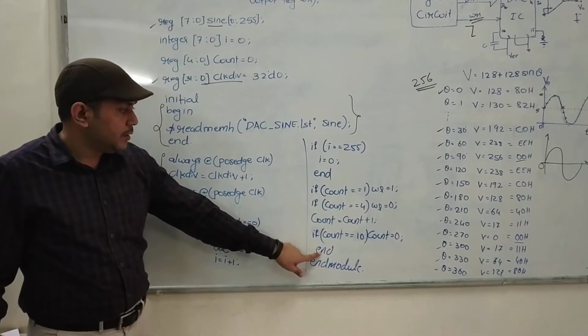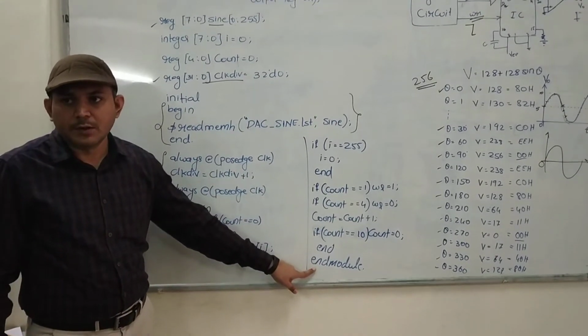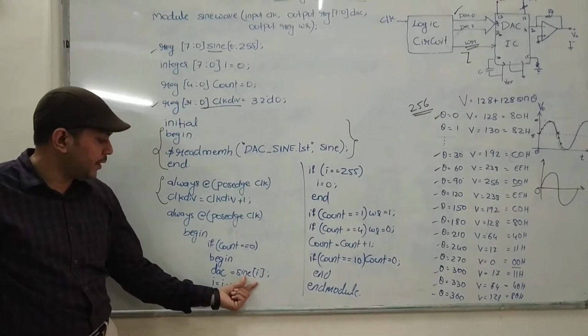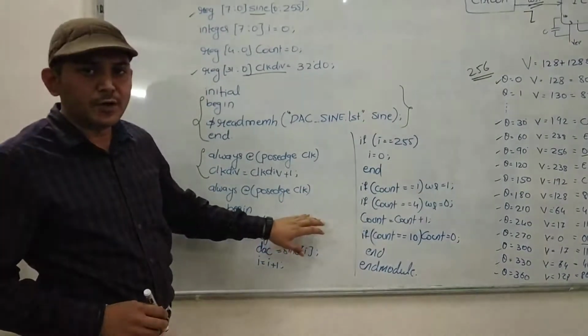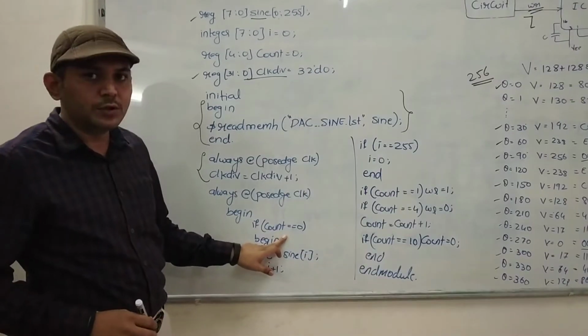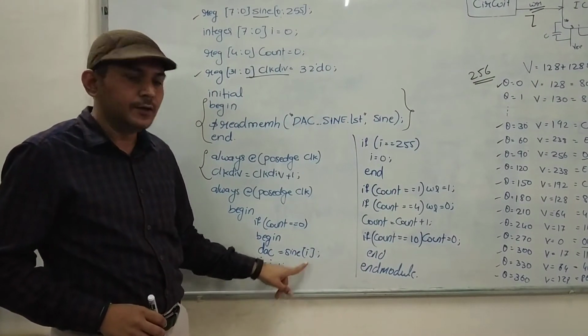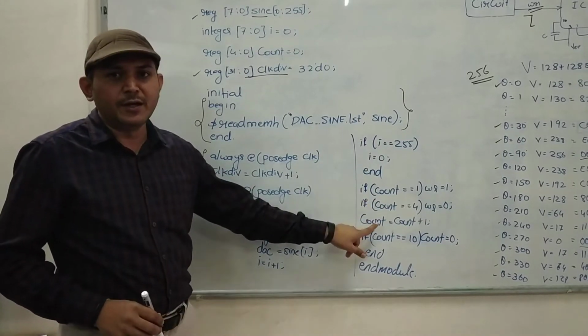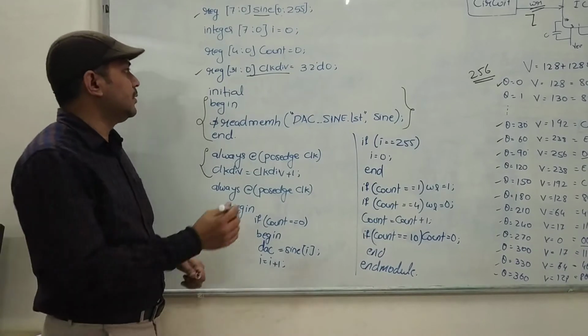End of the module here, end of the always block and end of the module. So like that. And where you are getting the sine values, sine of I values from this. Okay. So we have understood that for every 10 counts, we are sending one value: sine of 1, sine of 2, sine of 3, like that. 256 values we are sending for every 10 counts. Okay. So now coming back to these clock due.